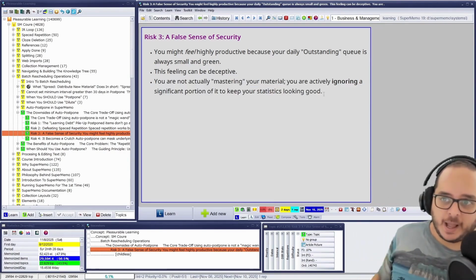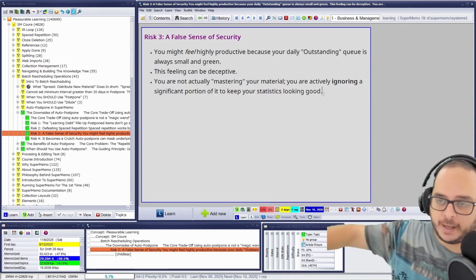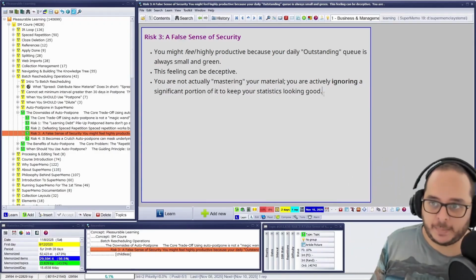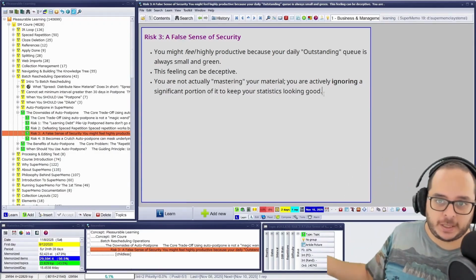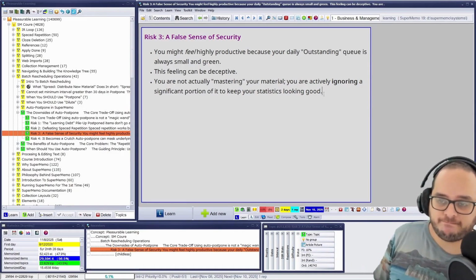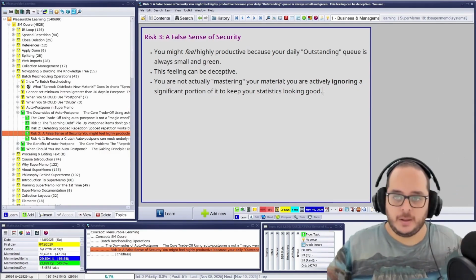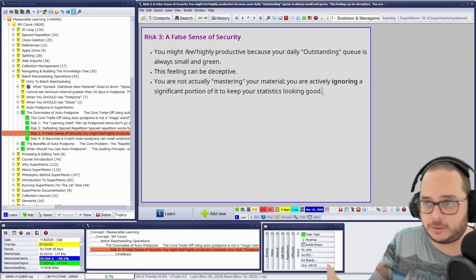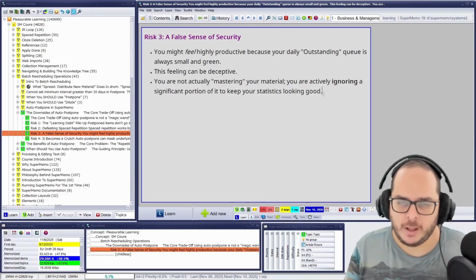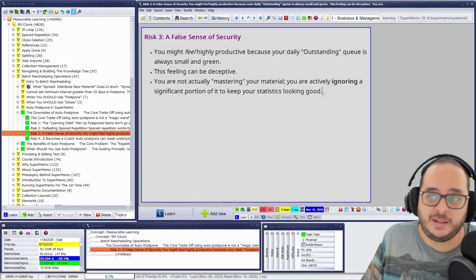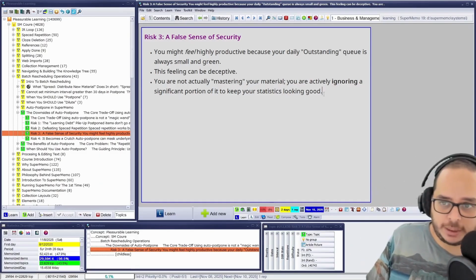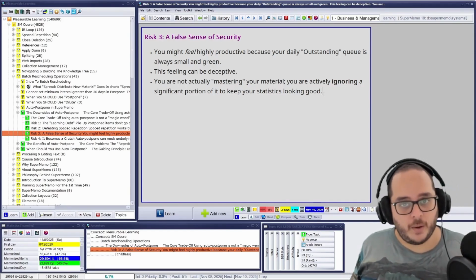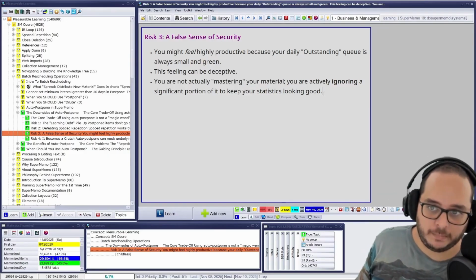Hey, I have a 95% retention rate of whatever I do in my collection. Yes, but I'm neglecting 90% of my collection at the same time. 90% of my collection is unprocessed. I keep postponing that. So yes, you have a high recall of a tiny part of your collection. Congratulations, if that's what you want, right? It would be better to say, hey, I have an 88% retention rate, but of 60% of my collection. Oh wow, that's a lot more.